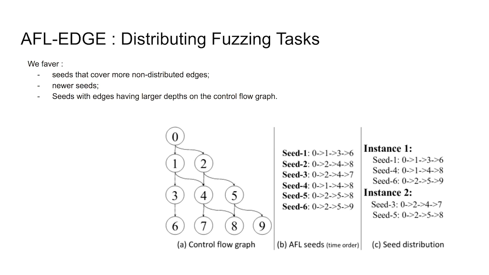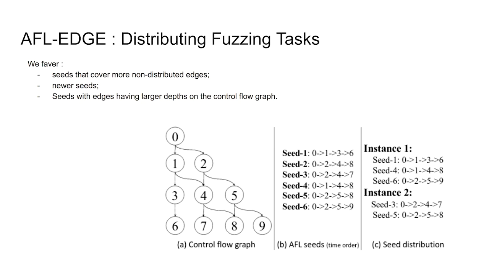To better illustrate our distribution algorithm, we can see this figure. When we pick a seed for leaf nodes 4 to 8, we favor seed 4 over seed 2. Because seed 4 is more recently generated, this prevents the pick of seed 2 and avoids the overlap. This algorithm involves multiple heuristics, which strive for fewer overlaps and better efficiency.